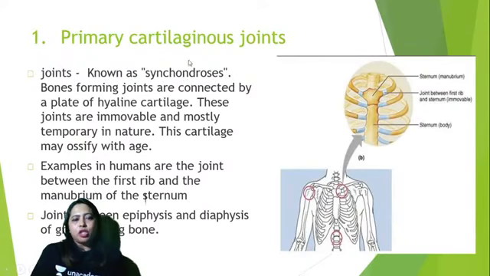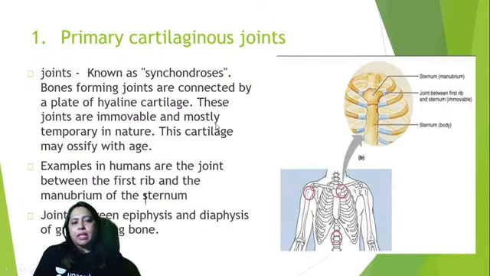So now where do we find primary cartilaginous joints? Now primary cartilaginous joints, here you can see them between the first rib. So you can see there is this first rib. You can't see the attachment of clavicle. Clavicle is not shown in this picture. In this one, it is shown. To the manubrium, you will have two facets. You have a facet for the clavicle, and you have an articular facet for the first rib. Now here, this blue color thing that is depicted is nothing but the hyaline.